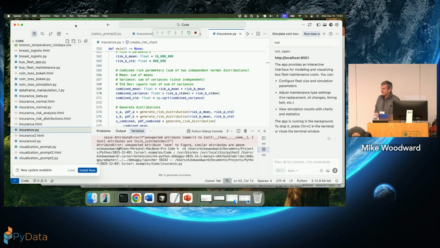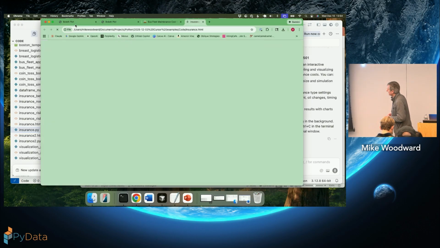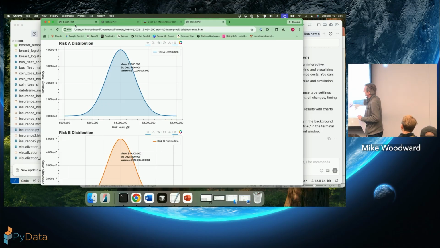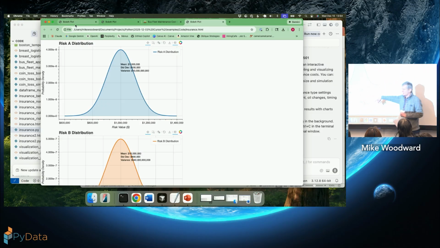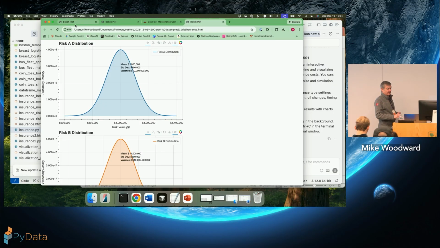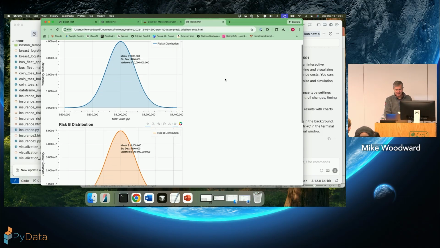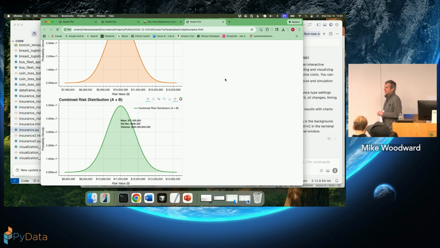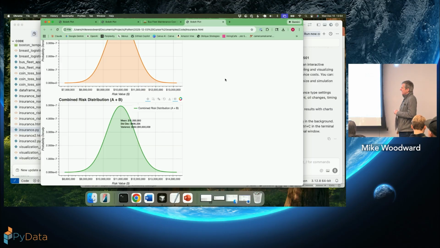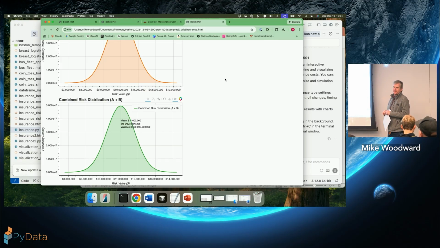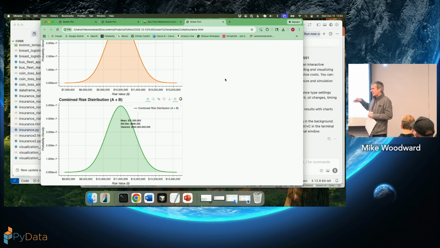So the prompt that I gave it, will it start? Okay, yeah. So that's the initial distribution. That's the second distribution. I asked it for some good charts, and it's kind of given me okay charts, and there's the result, and this is correct. Now that took me about 5 minutes, maybe 2 minutes to write the prompt, and then 3 minutes to generate the code and then run it. So I was able to get the correct answer in 10 minutes from a standing start.